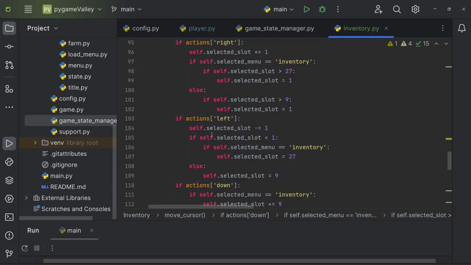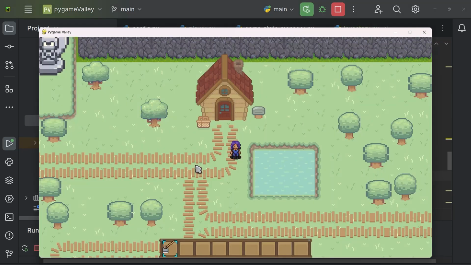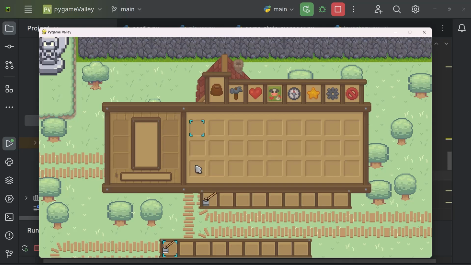If actions left, self.selected slot minus equals 1. And then if it's less than 1, then we make it 27. Oh, else we're making it 9. This just needs to be indented. There we go. Let's try that. Now we can go back, and I should be able to go all the way back. Very good. Now if we press tab,